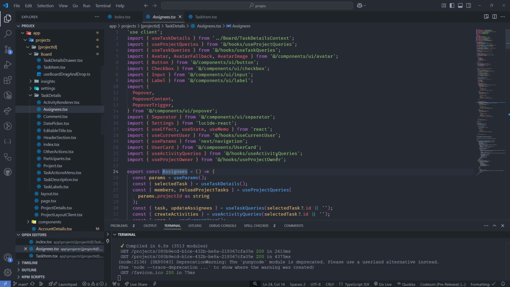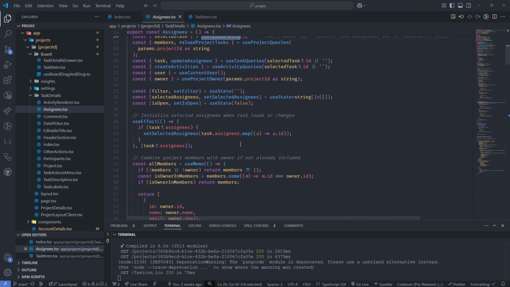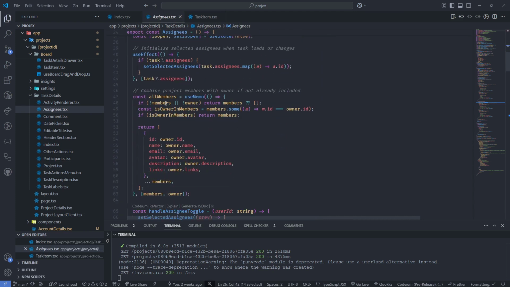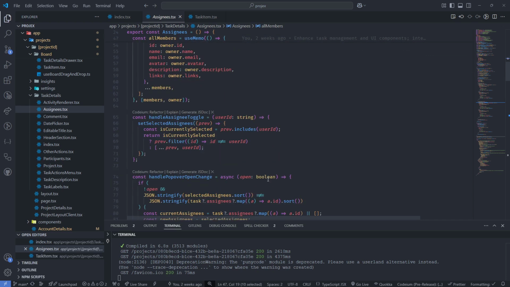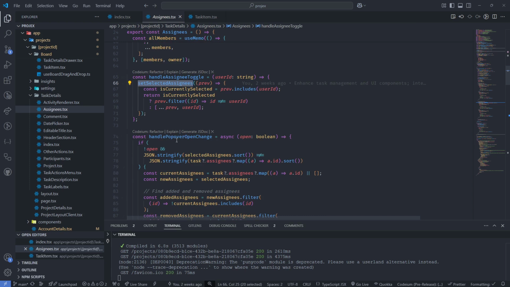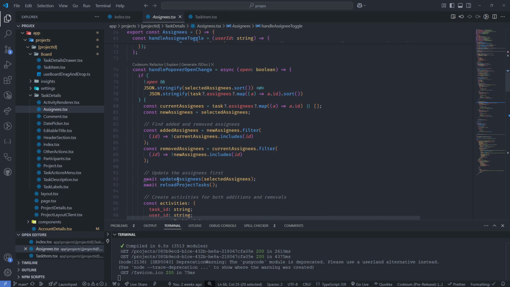If we go into assignees, you'd see that we are using some of the hooks that we created initially, and then we are also using the use task details here. We are getting all the members just like we did when we were creating the project access. We are getting all the members, including the owners of the project, and we are returning all members. Now handle assignee toggle, here we selected assignees, and then when the popover closes, we are doing update